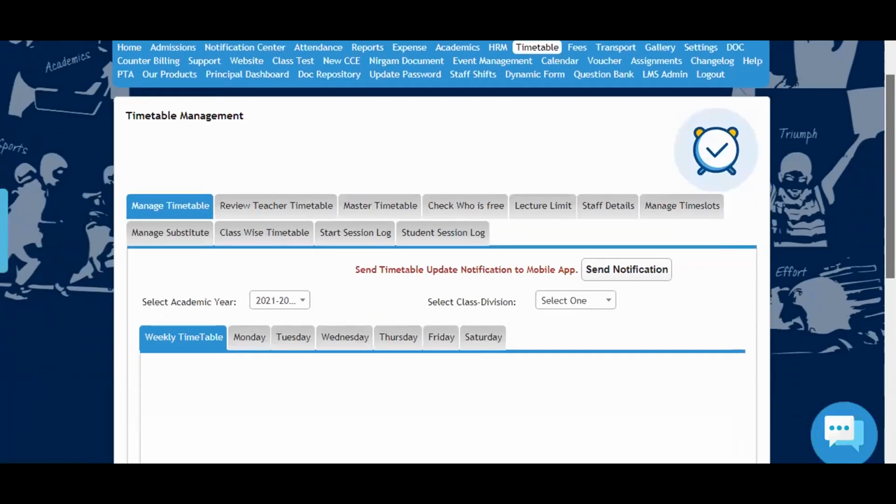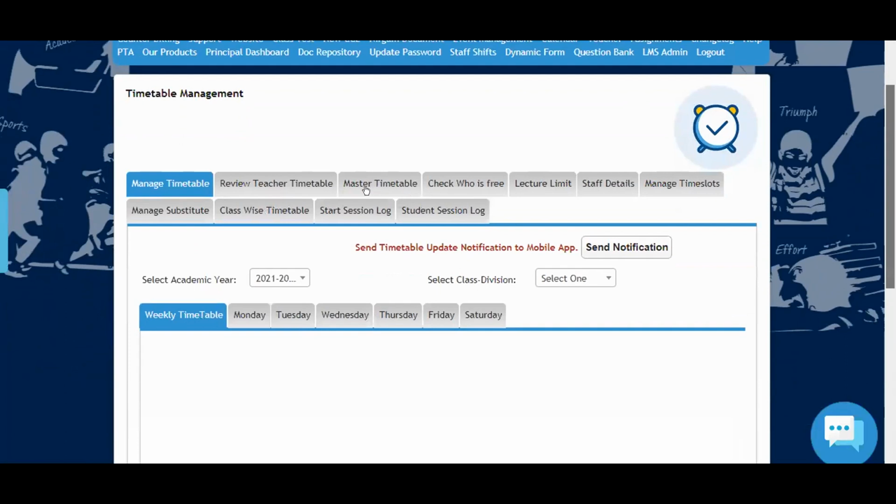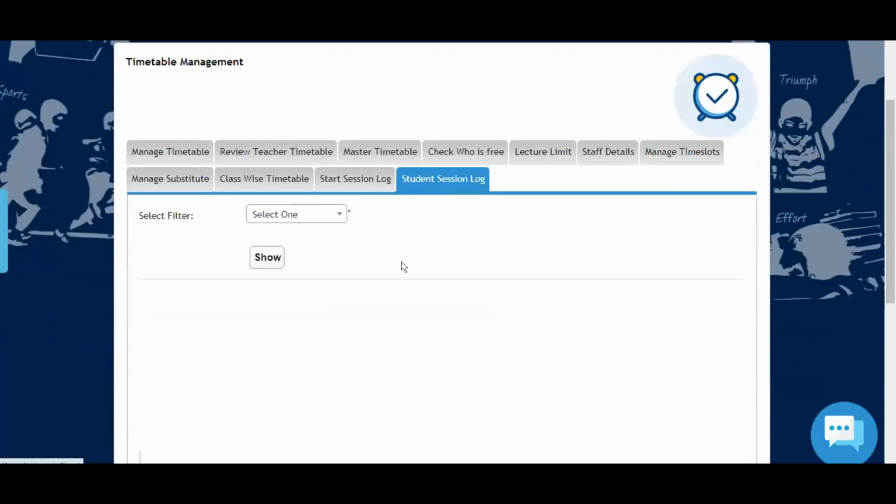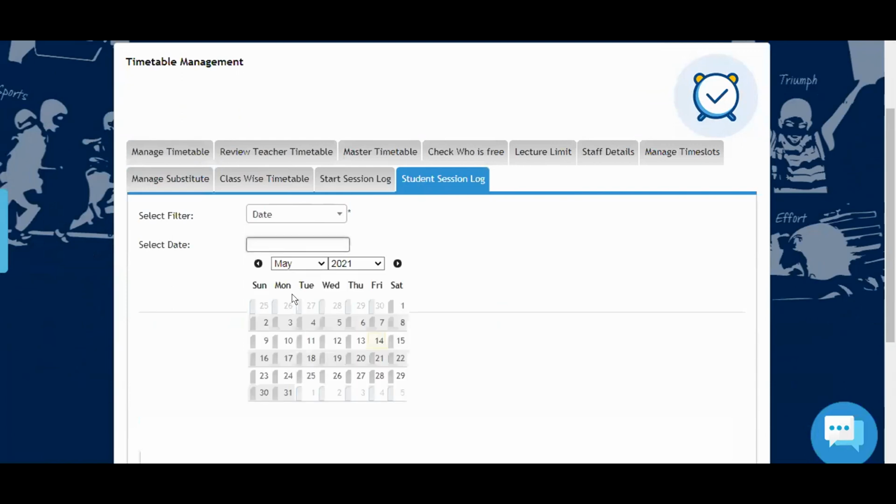So if I go to timetable, in timetable, every teacher also has in her own login two logs. One, basically the one sir was referring to, that you can also consider for marking attendance, is the student session log. So we do have date wise, teacher wise, subject wise, time wise. So I can select any particular date I want. Because now there won't be any lectures currently, so I will just take an old date.